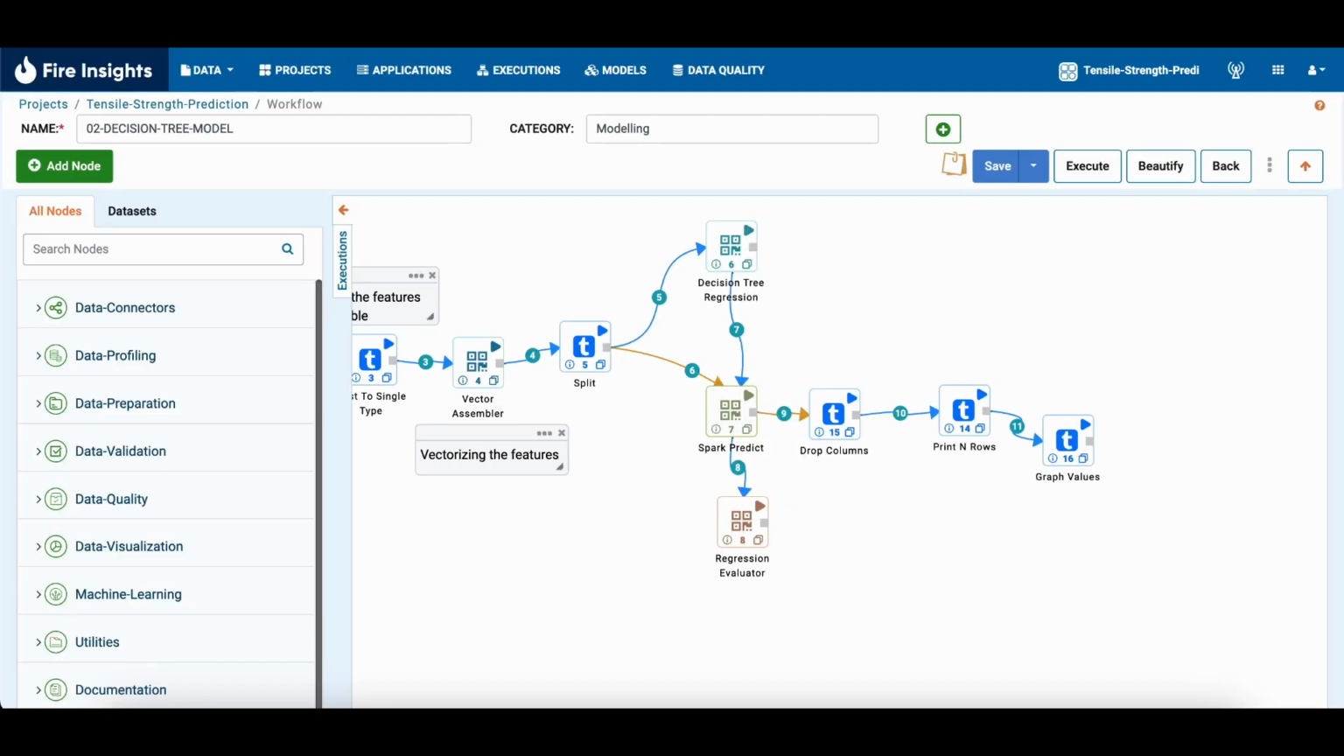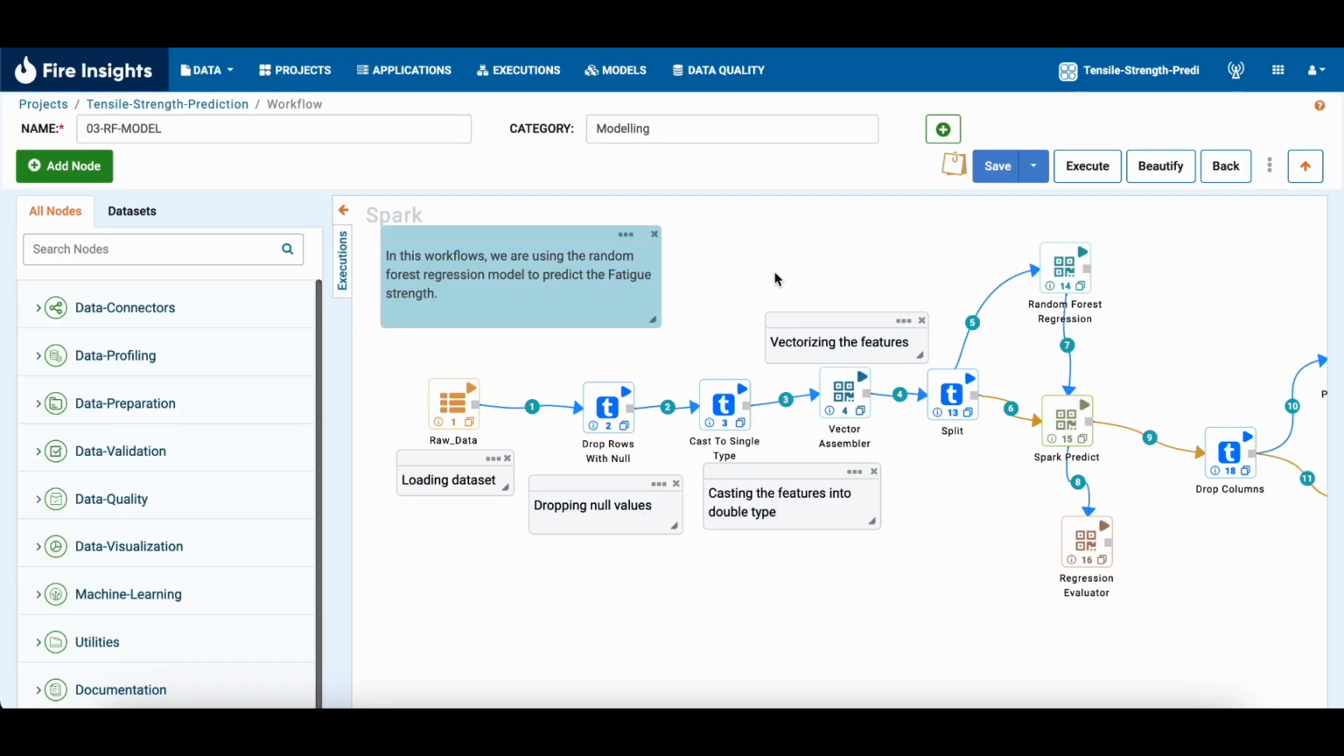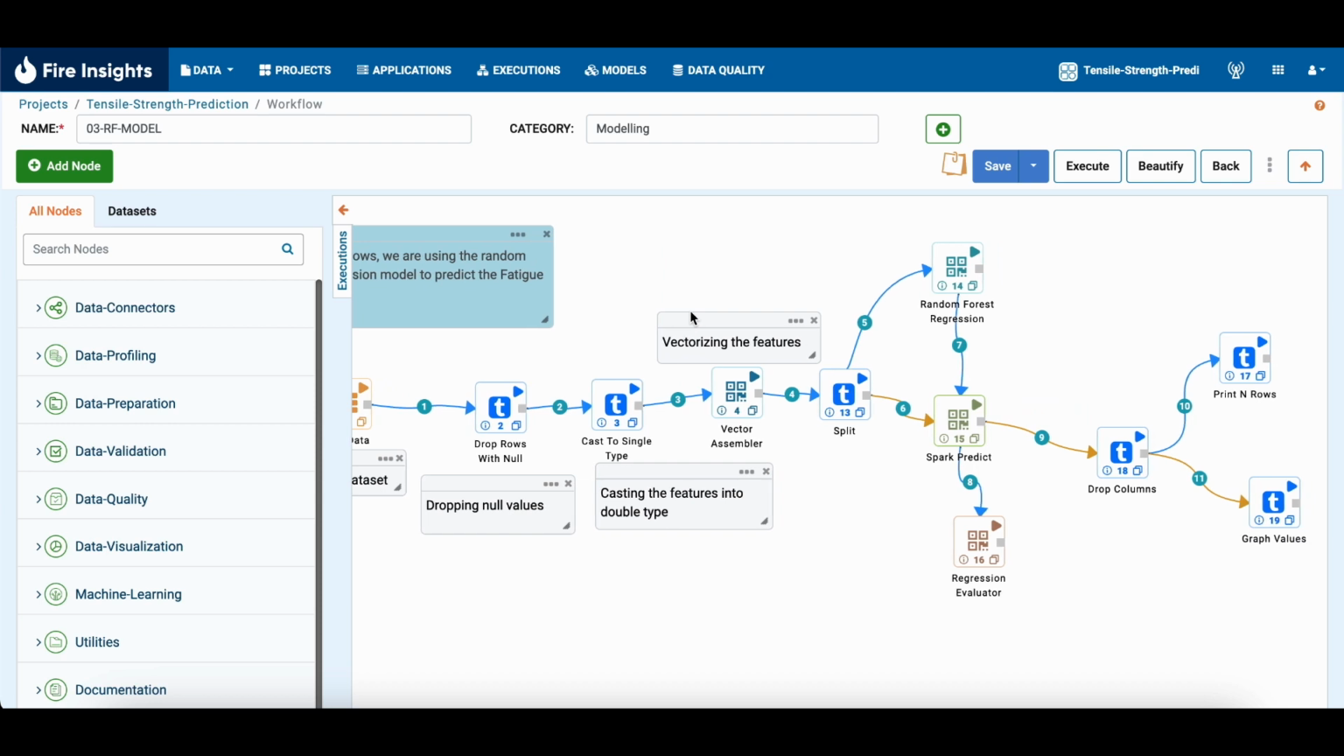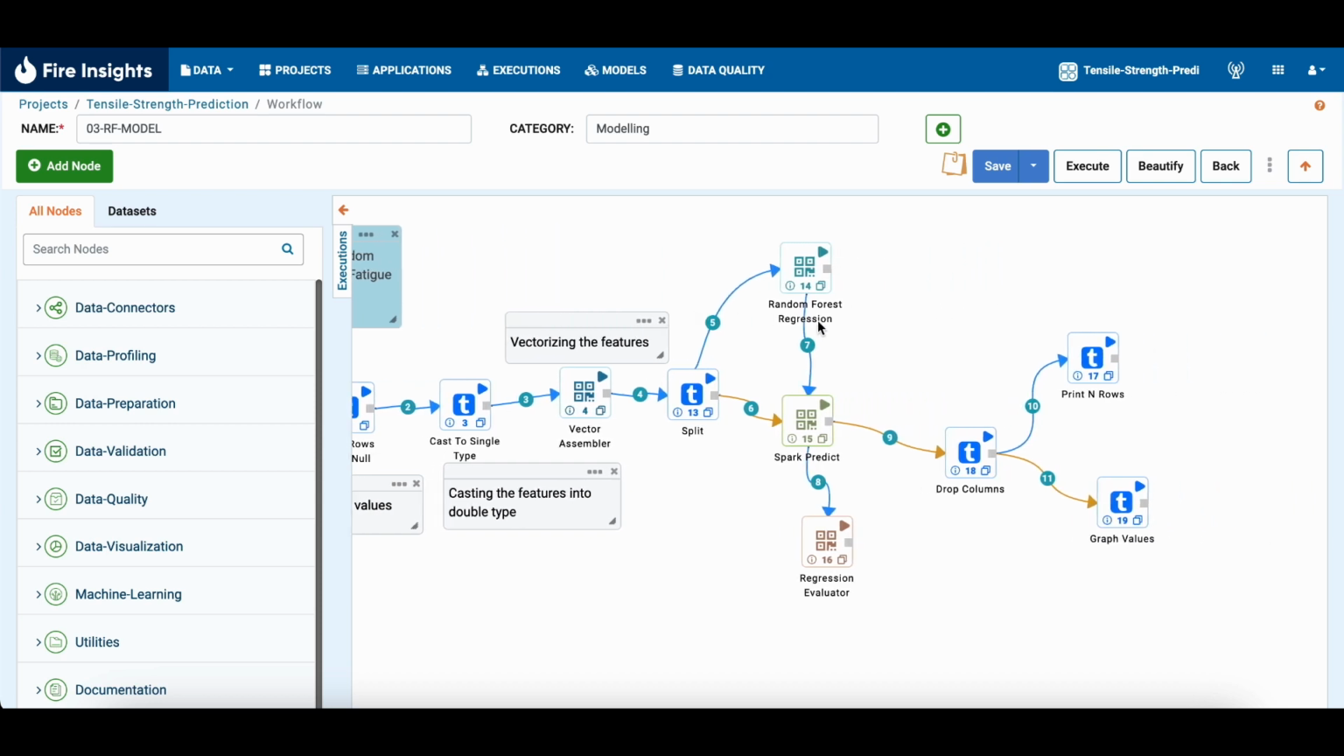For our next model and workflow, we have a random forest regression model. This is useful because often one single model may not be the best fit for your data. It is always important to try out different models when working with a new dataset. I will not go over the entire workflow again, as the structure of the workflow is the same. The only difference is that we have substituted our decision